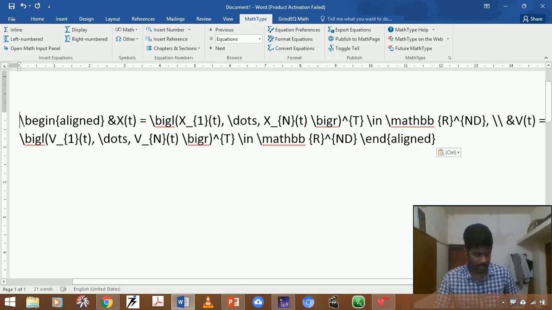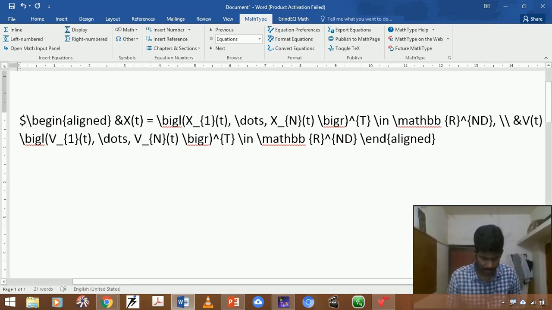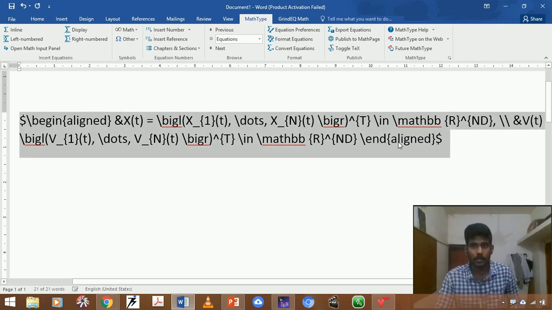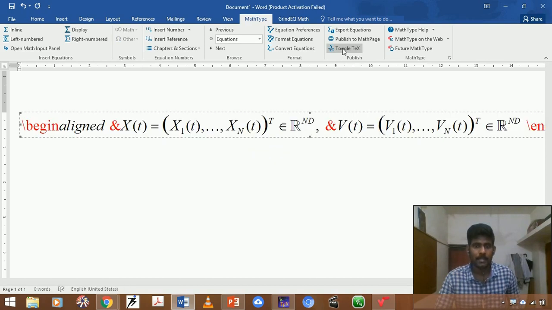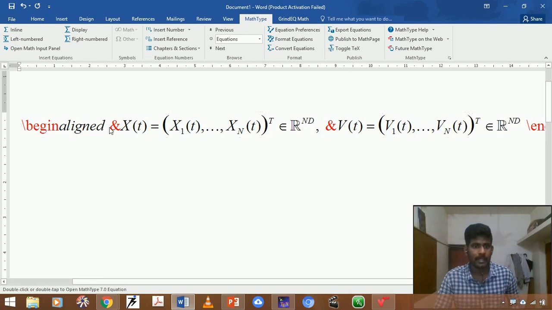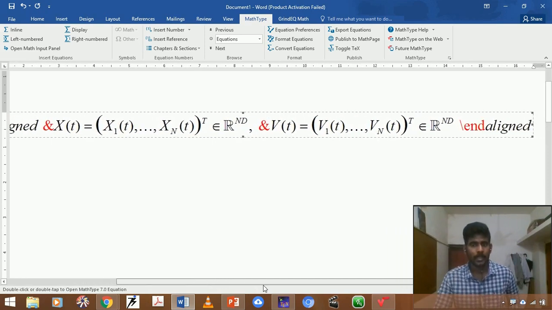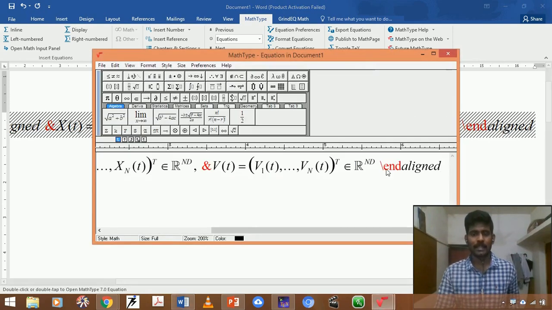I need to give this as math code by putting it between dollar signs. Then I select this and press toggle TeX, and it automatically converts into what you have seen in the present open access article. Then you can simply delete the particular part.